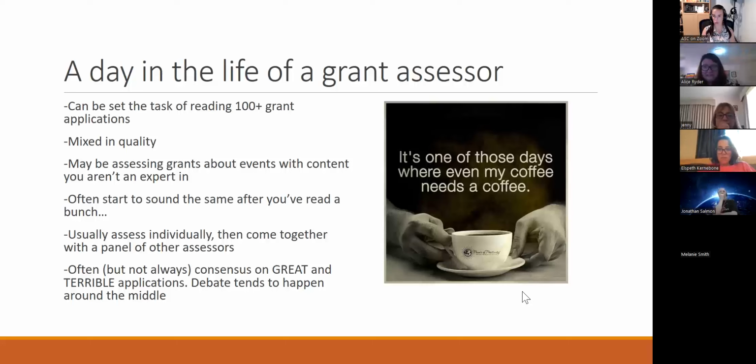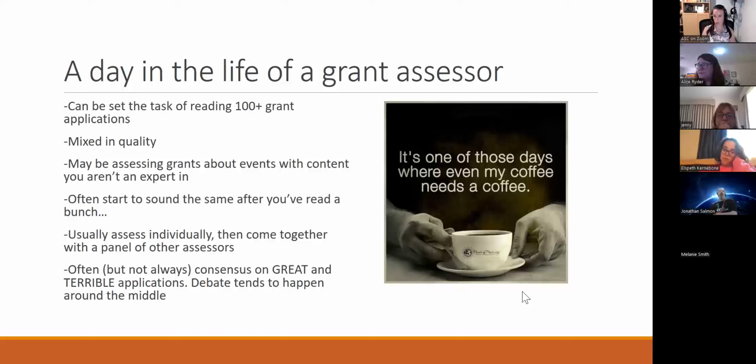Usually what happens is that grant assessors will read through their big pile of grants individually and do their own ratings, give their own sort of scores out of 10 or scores out of 100, however the rubric has been set up. And then they'll come together either physically or virtually to compare and contrast scores and discuss each application